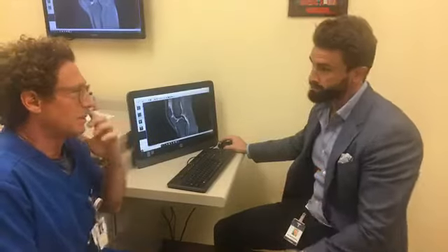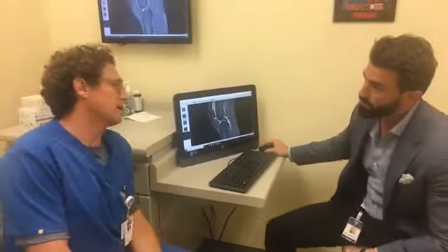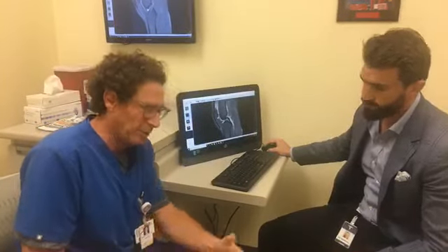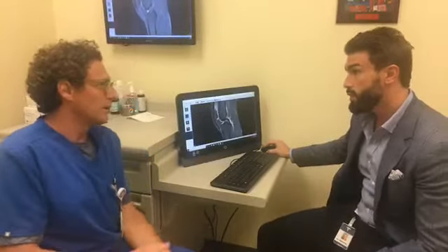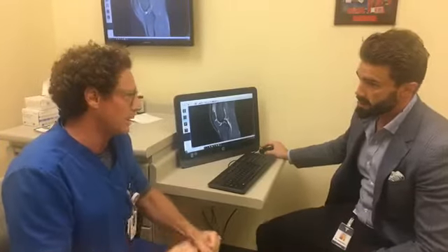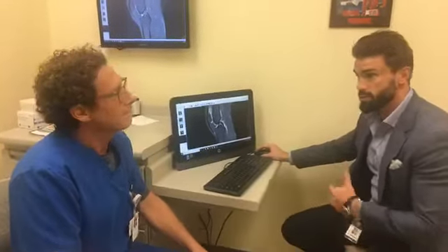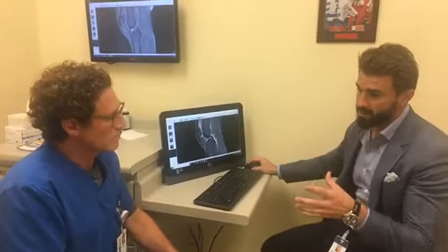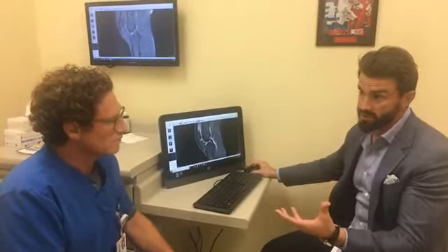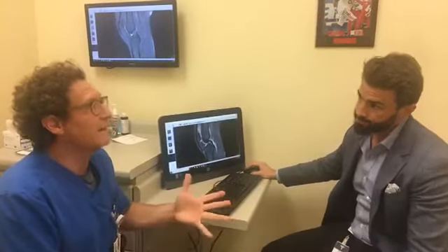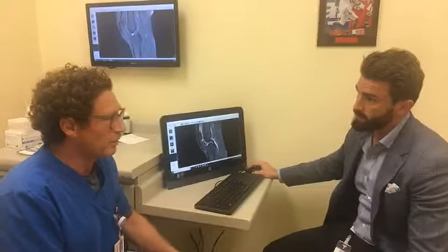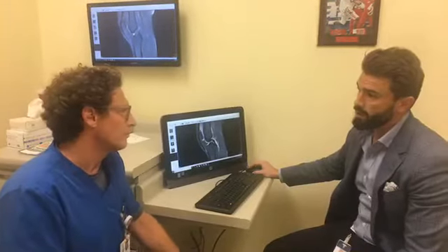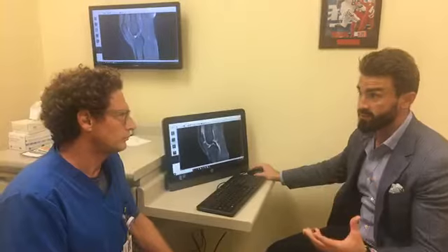So the ACL, I'm going to back up, is in the knee. It's that crisscross ligament that sort of connects the femur bone to the lower leg bone. Correct. And helps with stability, I imagine. It does. And particularly in football players or really any kind of athlete that's changing direction, the ligament can be injured by non-contact twisting injuries. So, a lot of women get it that play soccer, as I recall, right? Yeah, women soccer players is a very high-risk group. And then football players, I think, will be number 2 as far as incident rates go.